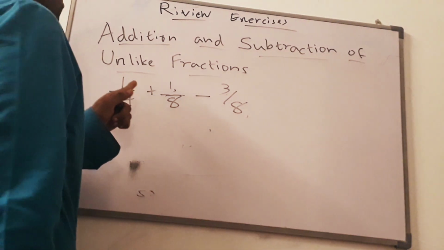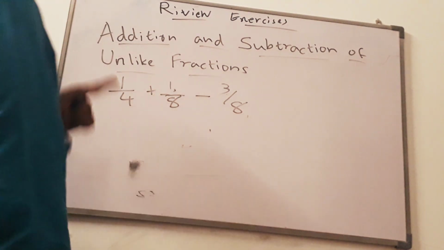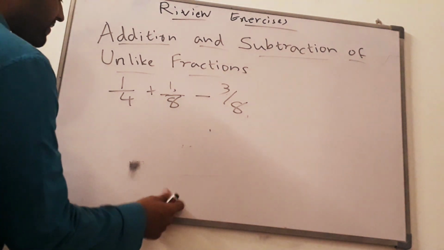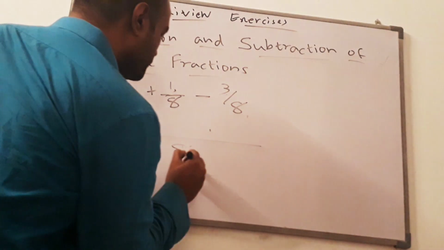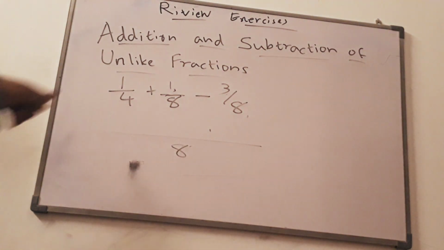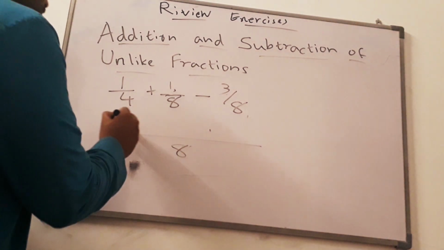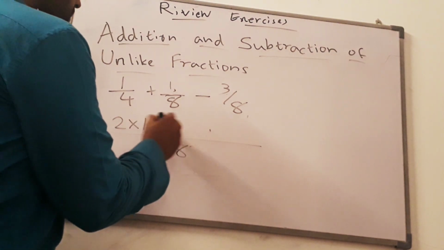So 8 is a multiple of 4. So we can straight away take 8 as the least common denominator. How many 4's? 4 times 2. So this is 2 times 1